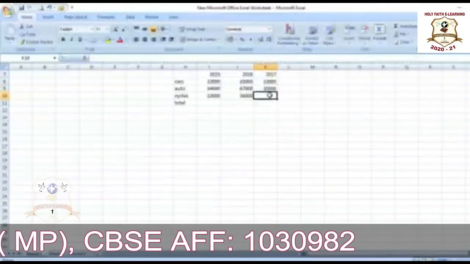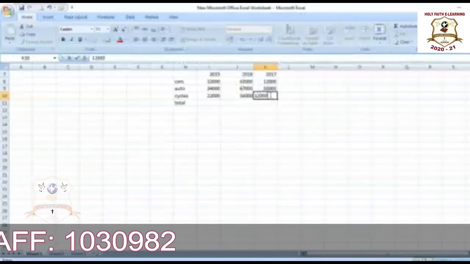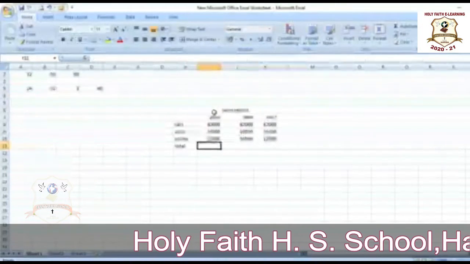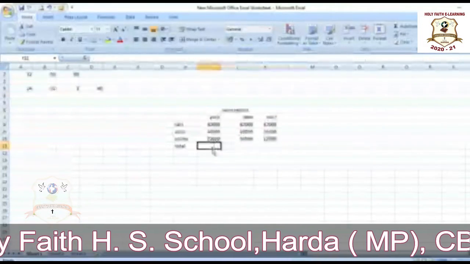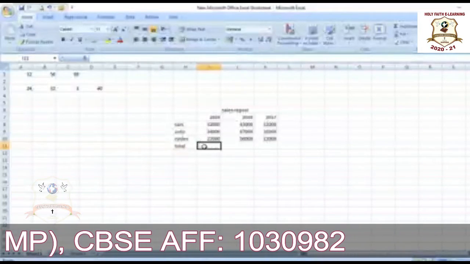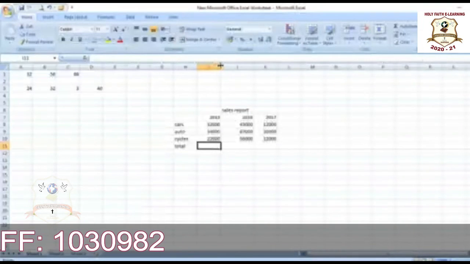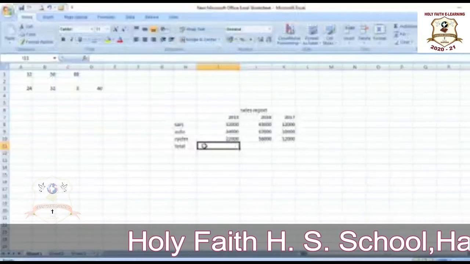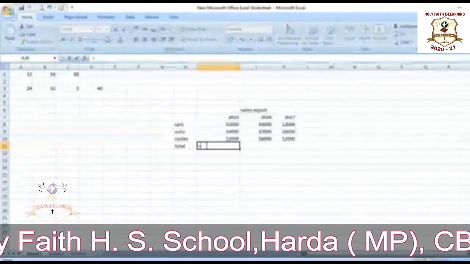Okay, here also we are entering 12,000. Here you want the result for column I for the year 2015. So enter a formula here, but the space is not sufficient, so extend the column's width, which we had already seen in the previous video. Then put a formula here, equal sign.